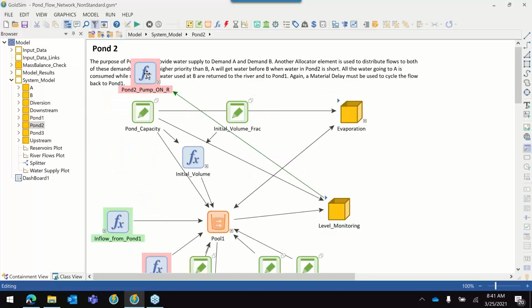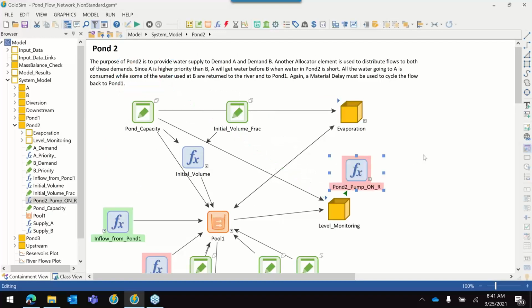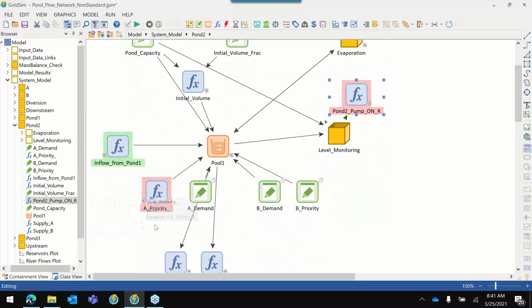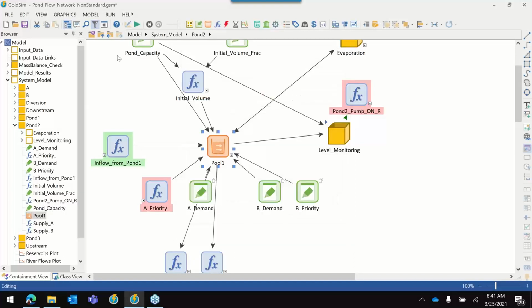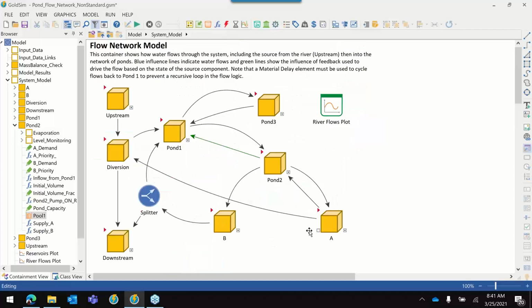And so if I go in here to pond 2, whoops, I'm going to move this over here. Okay, so over here I have priority A being referenced, and if I go into the pool element in the outflows, you'll see that the priority is being referenced here to calculate a flow that goes to demand A. All right, so my suggestion here is that instead of just linking immediately from A to pond 2,